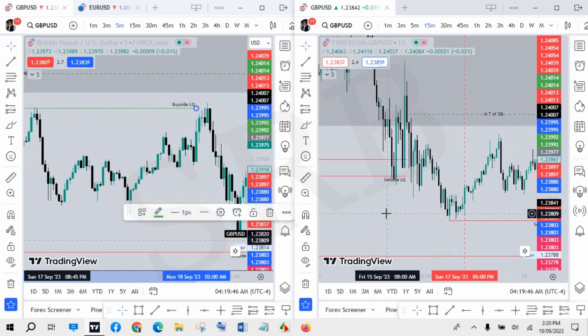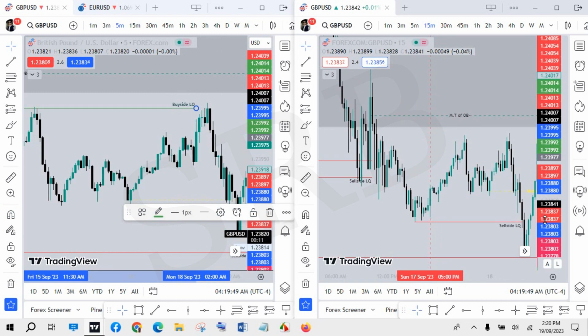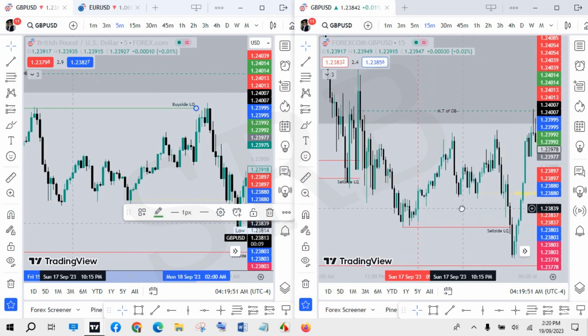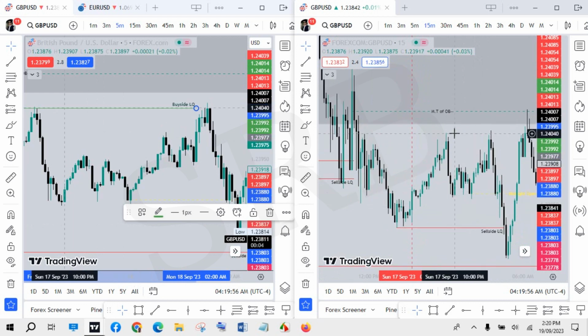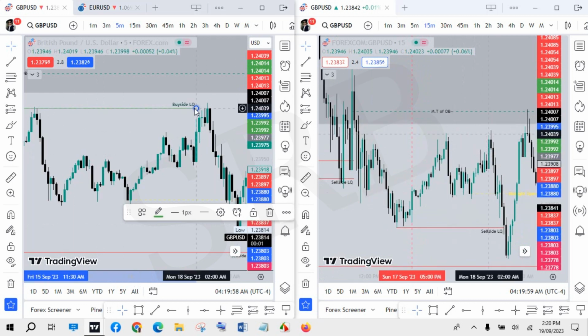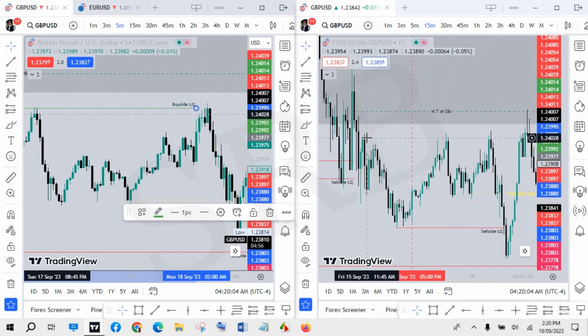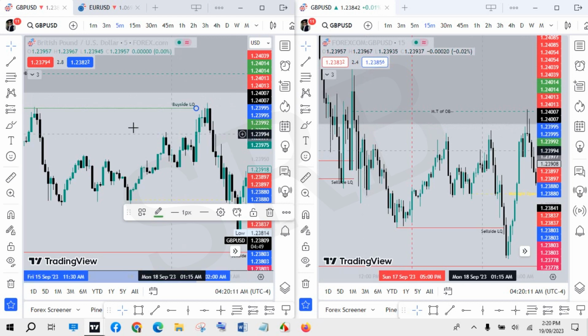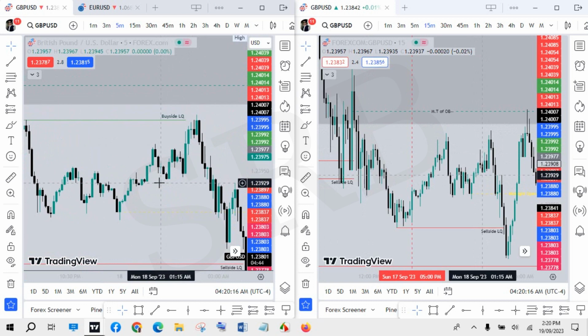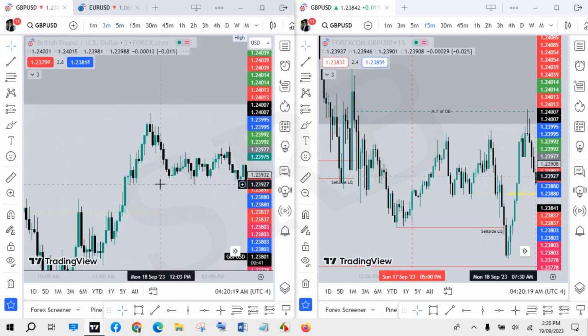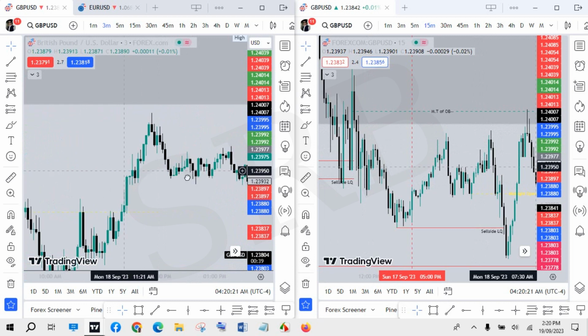This is the 15-minute time frame. You can see this is the buy side liquidity, this whole high. This is obviously from Sunday's price action. So if you drop down into the lower time frames, into the 3-minute,